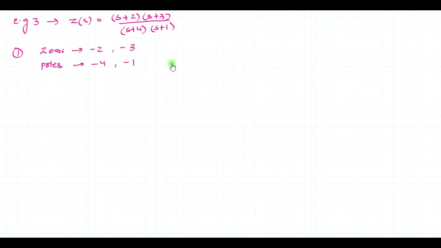Let us plot them on S plane, and this is our S plane. We have a pole at S equal to minus 1, so I will put a mark here. At S equal to minus 2 we have a 0, at S equal to minus 3 we have a 0, and at S equal to minus 4 we have a pole. So I will mark a cross here. So as we can see, all the poles and zeros are lying on the negative real axis. So I will say the condition 1 is verified.